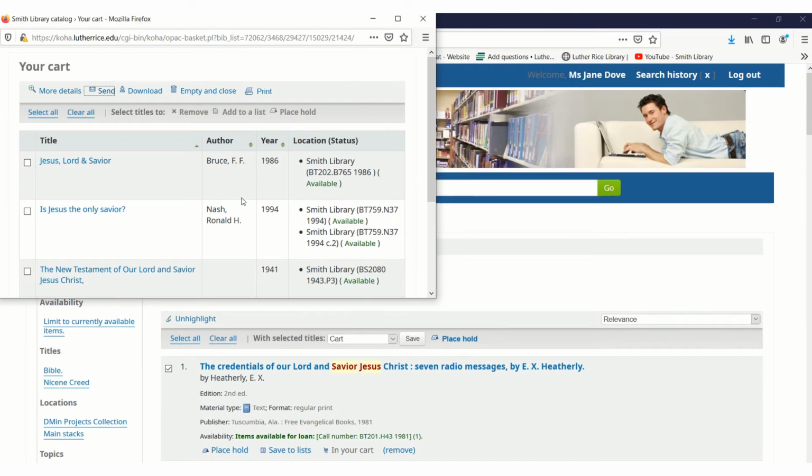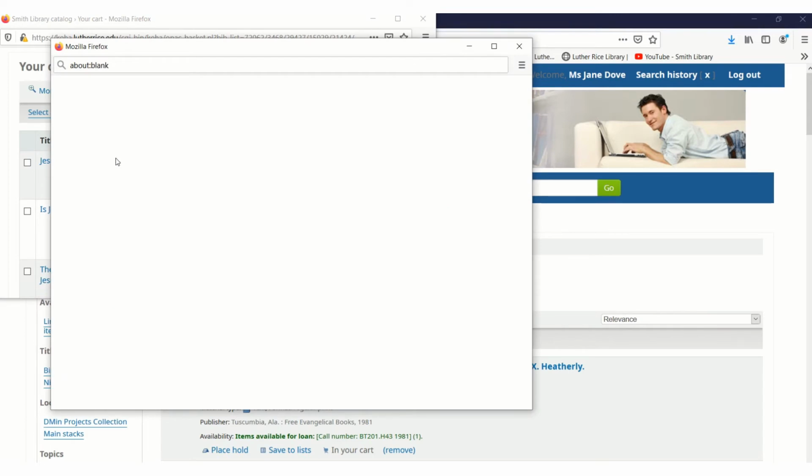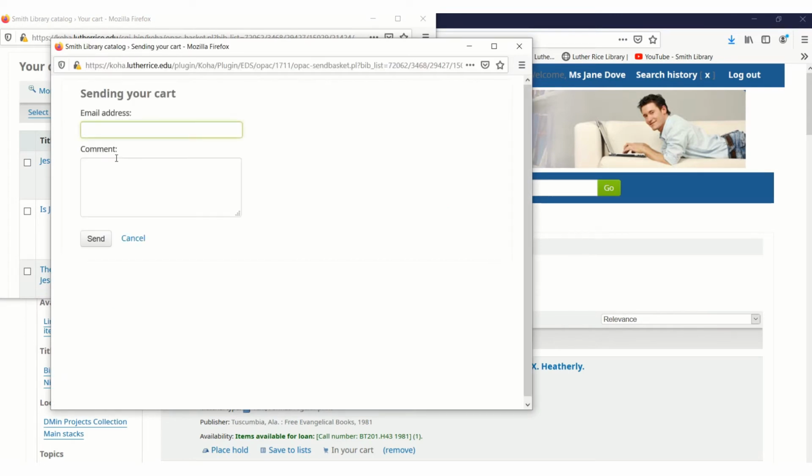The next feature is Send. Click on the Send link, and it will open a window that says Sending Your Cart. You want to send the cart to